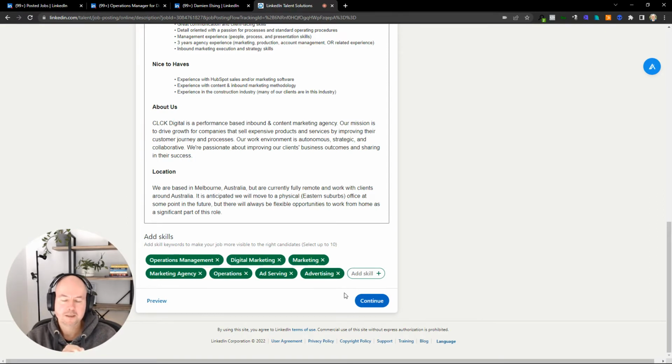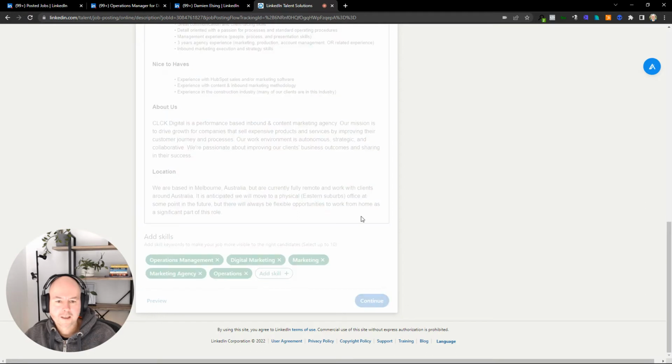And these are important because they're going to choose who gets shown your ad based on what skills you put here. It'll match these skills to the person's profile. So try to match those up. So in this example case, I'm not interested in ads. It's an operations manager, so it's more about operations management, that sort of thing, and some marketing. So then when we click continue,